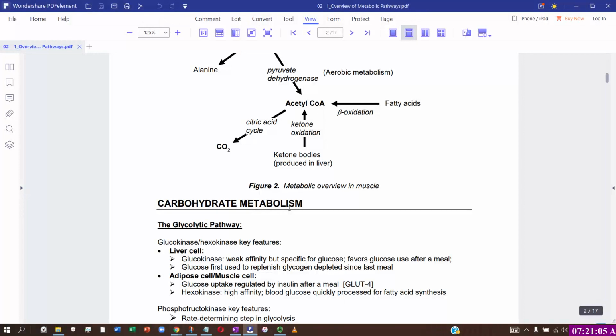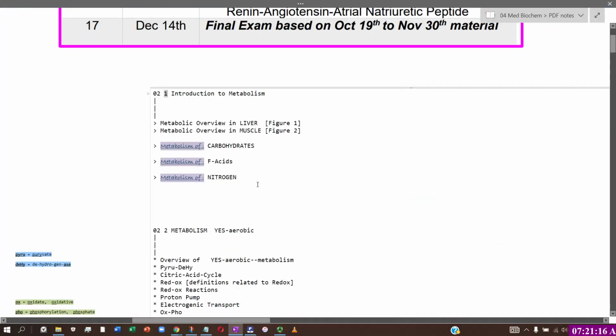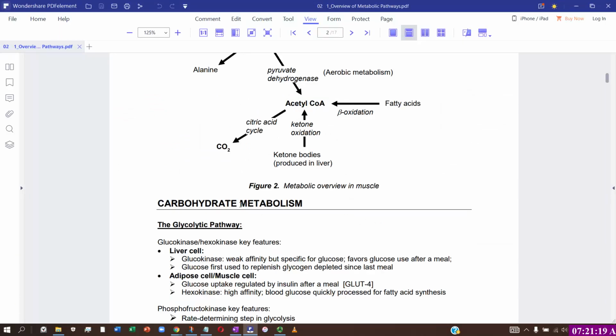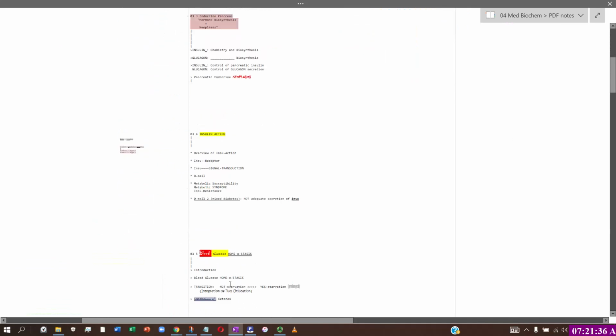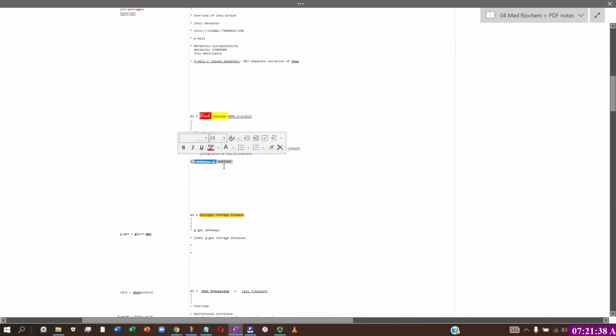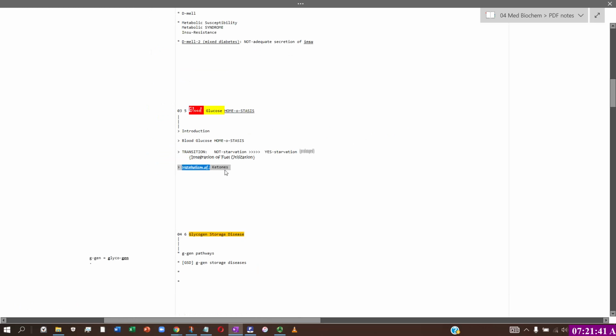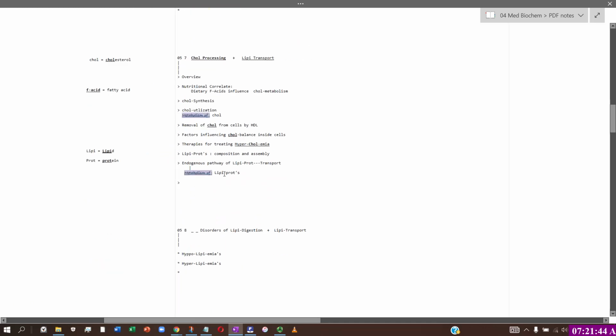just getting a very quick overview of the topics that are to be covered. So going back to this, I reworded some of the things just to make it more in theme. In this purple highlight, you'll see a common theme: metabolism of, and then whatever is being metabolized. And you'll see that later throughout the topics. For example, here, metabolism of, and there's a new type of molecule. And you'll see that throughout